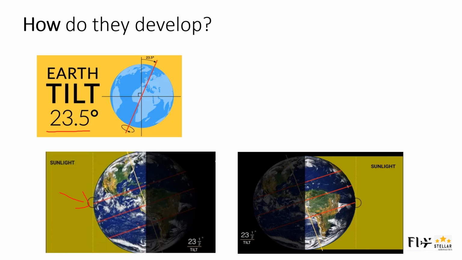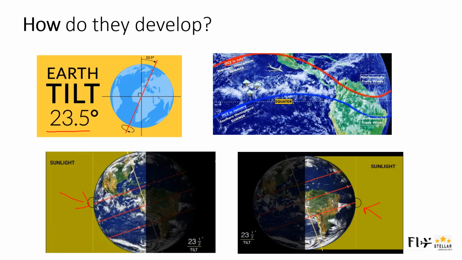Similarly, Tropic of Capricorn is closest to the sun during summer in southern hemisphere. Thus we can see that ITCZ moves north during summer in northern hemisphere and moves to the south during summer in the southern hemisphere. As we had studied in the previous slide, when the northeast trade winds and the southeast trade winds meet, an area is formed which is called ITCZ,